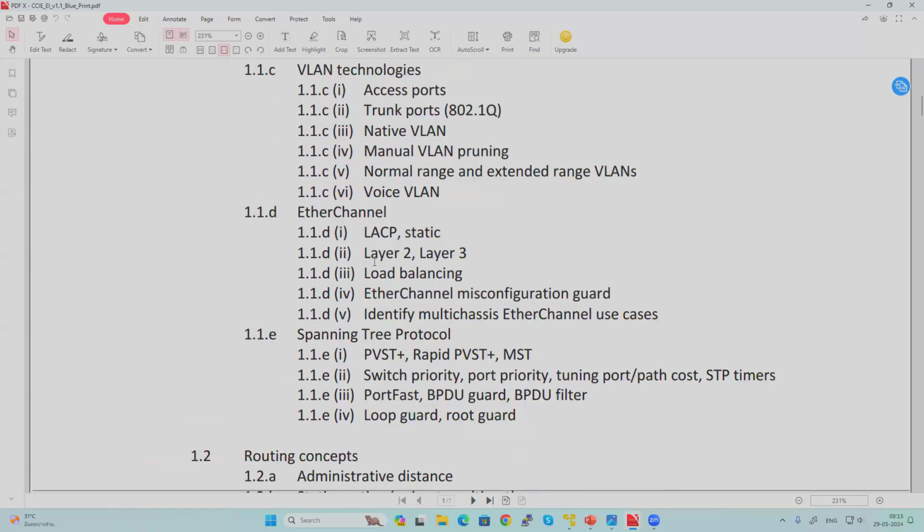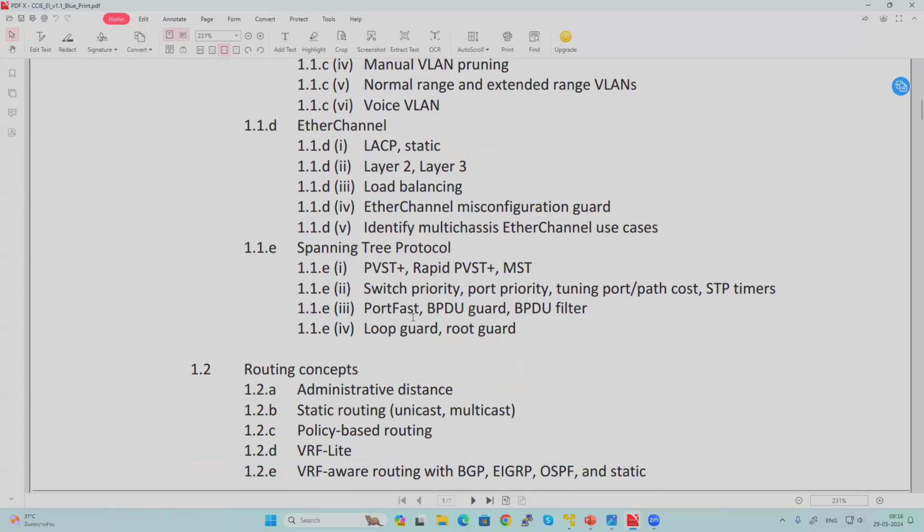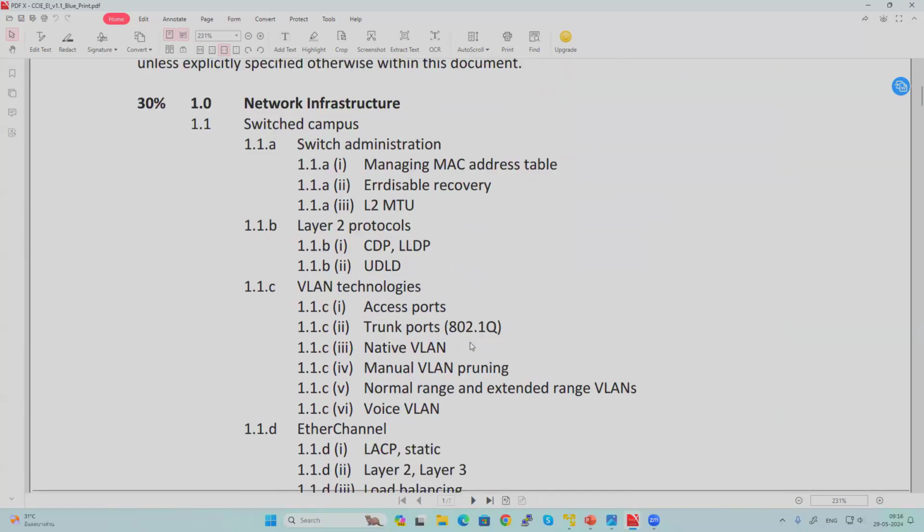EtherChannel, of course, one of the big topics, and Spanning Tree Protocol. One thing you will notice is that because they introduced newer topics like SDN and programmability, they have decluttered switching a lot. There used to be lots and lots of other topics in switching, for example IRB and CRB, integrated routing and bridging, concurrent routing and bridging, and some other flexible switching topics as well. Some of the older layer 2 technologies like PPP and MLPPP, authentication over point-to-point links,